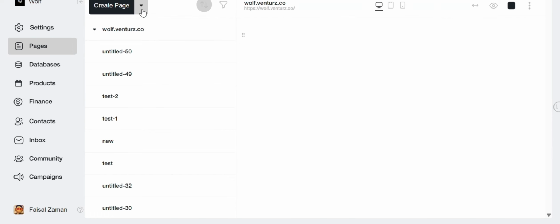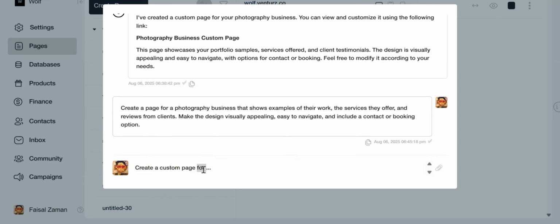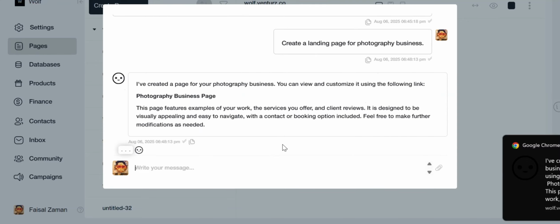Click the Create Page button and select Custom AI Code. Once you've selected this option, the AI will appear with a pre-added prompt. Now, remove the pre-added prompt and paste your custom prompt into the field. The AI will then start creating a no-code landing page. Once the page is created, the AI will send you a message and add the landing page to the Pages